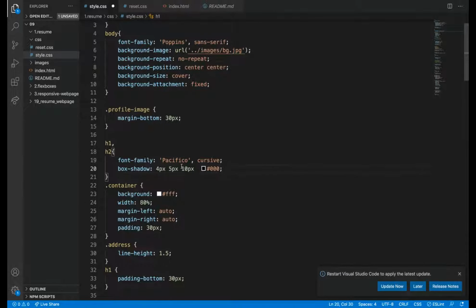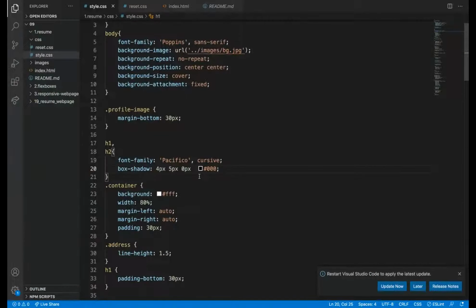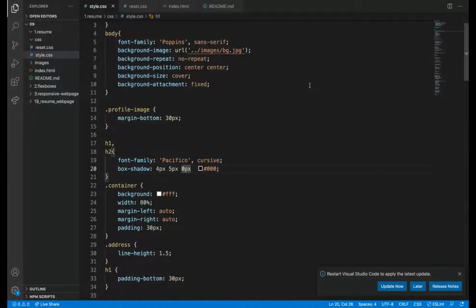Blur also. Without the blur value, we'll see 0 pixel as blur value. Without blurring, it is like the same color, like black color, exactly like applying some color to it. So how blurred should it be?